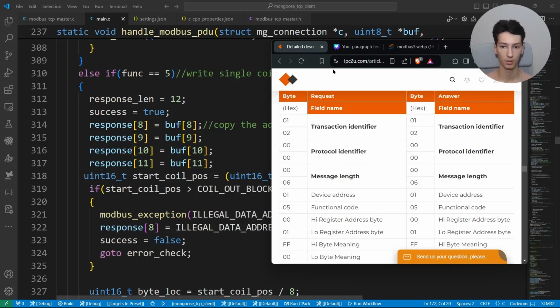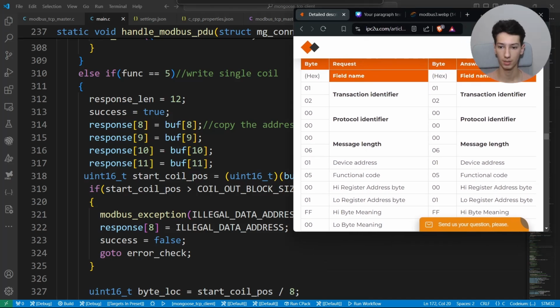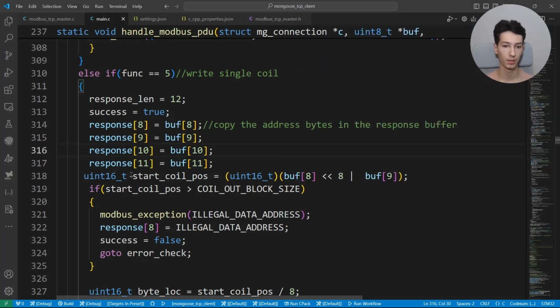Okay, and basically we are extracting the content of the buffer starting from index 8 to the response. It basically represents the coil address and the high byte meaning the coil content. So then we extract the coil position, and basically this is how it works. The master will send the coil index that it wants to write to, and it is not in byte address. It is actually the coil index, because the coil is only 1 bit wide. It will send, let's say, for instance,